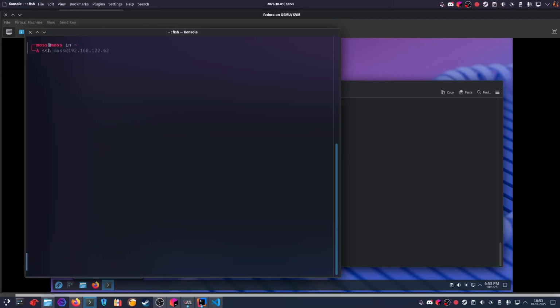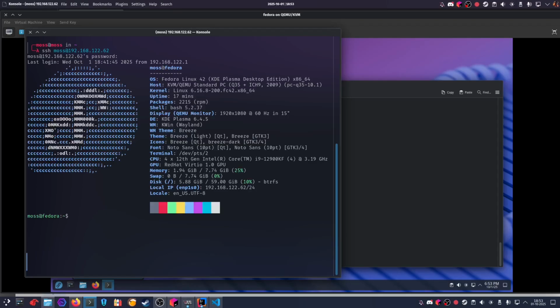That means I can now log into this machine. So I'm going to SSH into this machine. Then I'll put in my password. So password authentication is still enabled. If I do ls here, there's that private key that I want. So if I cat that,